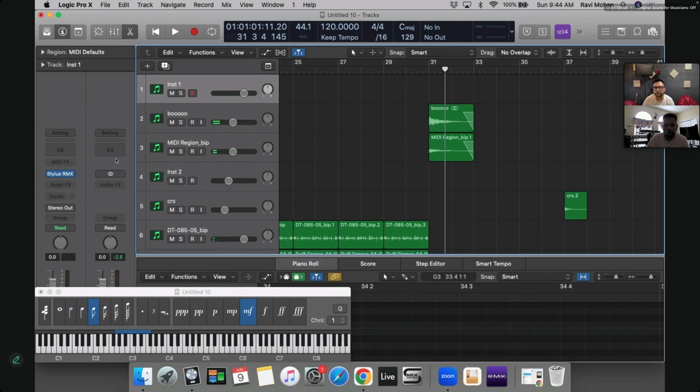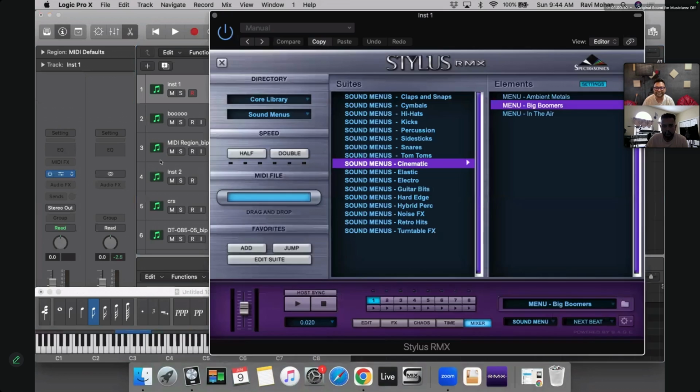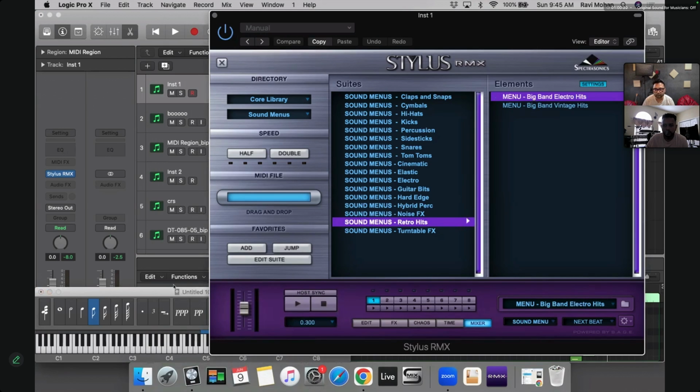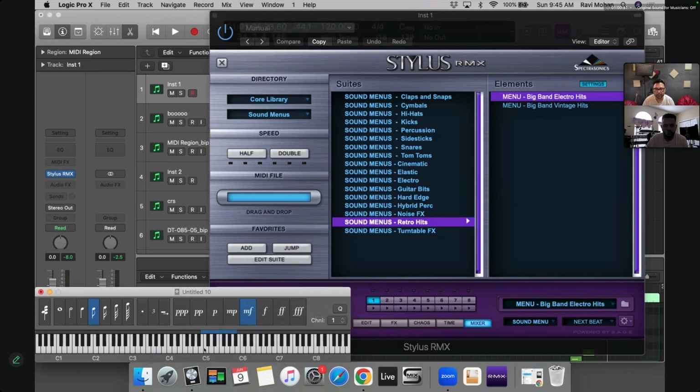There's nothing that you don't have inside RMX. That's one thing. Like from these retro hits to noise effects like this, which you can obviously use for end of songs and stuff. Yeah, like transitions and stuff like that.